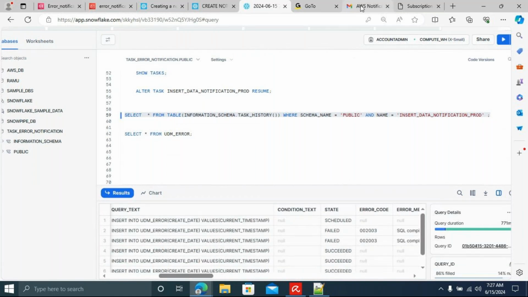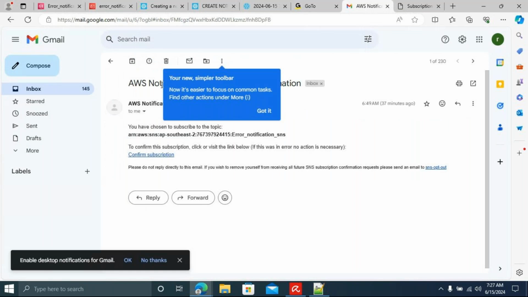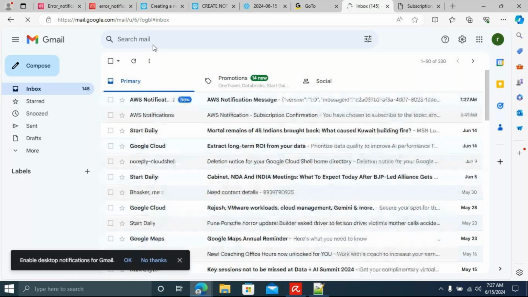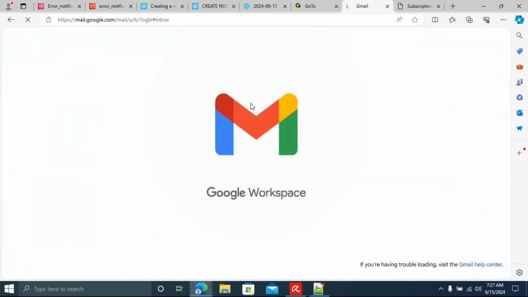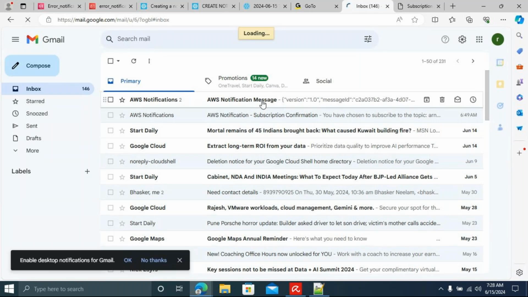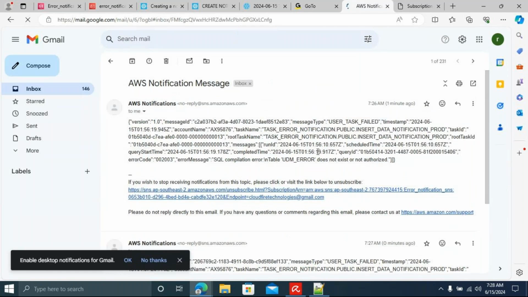Now just go to mail, go to inbox, and refresh it. Now you can see some mails have come. You're seeing, right? It's still loading, guys. Yes, you can see the notification.